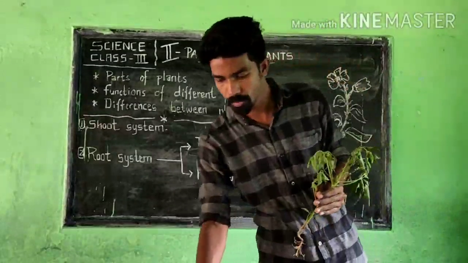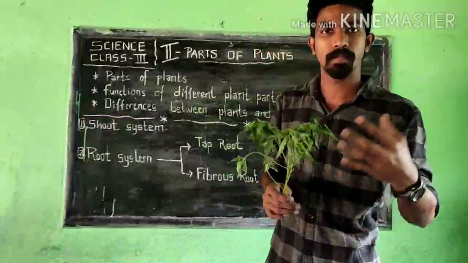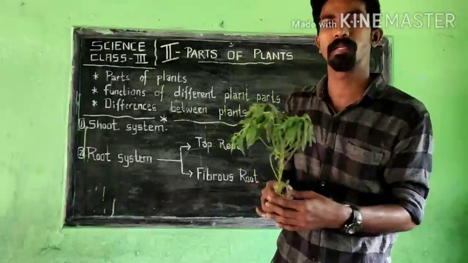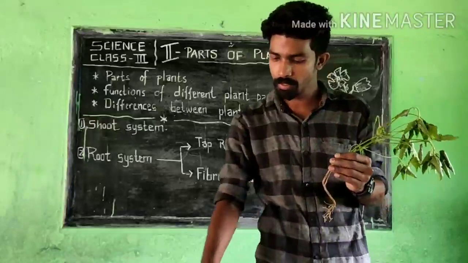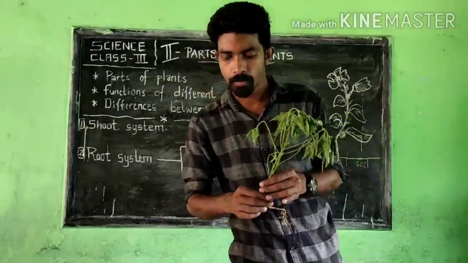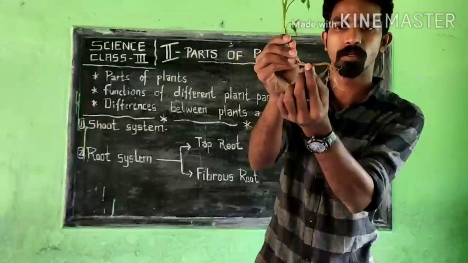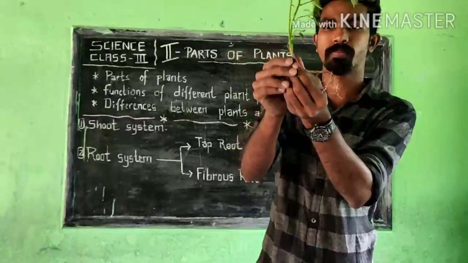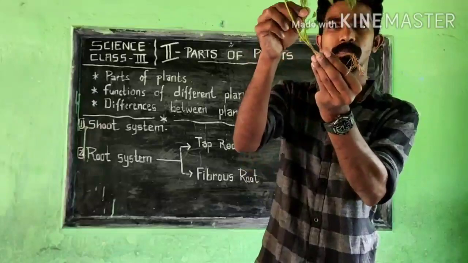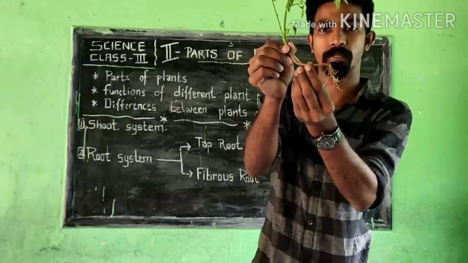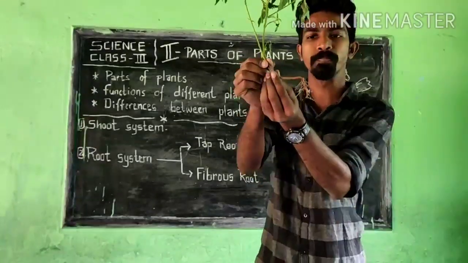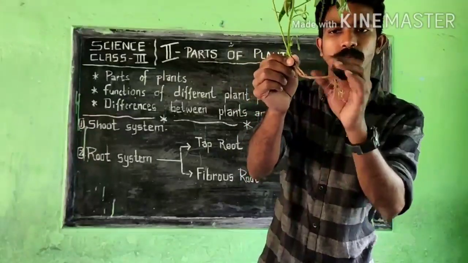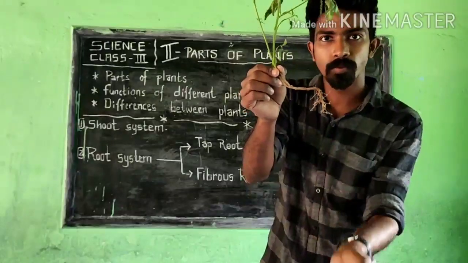Look at the textbook. Tap roots are found in some plants. I'll take the example of rose. At least in your houses there will be a rose plant. So rose is a good example. The root grows from the bottom end of the stem. See this root system above the soil, and this is the bottom portion of the main stem. So tap roots grow from the bottom portion of this stem, and they grow downwards into the soil.